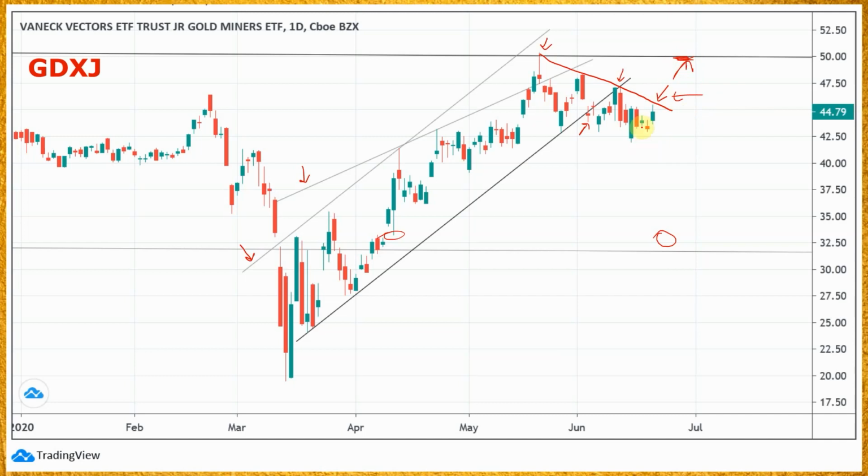So overall, I'm still favouring a bit more downside, but as I said, it's not going to be anything catastrophic for the miners. And certainly when we're looking back at the GDX, the fact that that ceiling cracked suggests that the next time that it has a go at it, it's just going to smash that ceiling. That's my suspicion. So I see any drops as a potential buying opportunity.